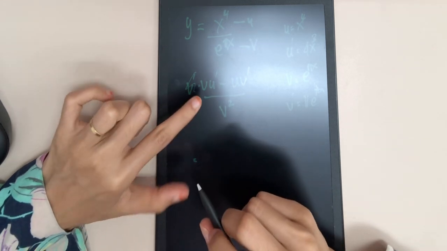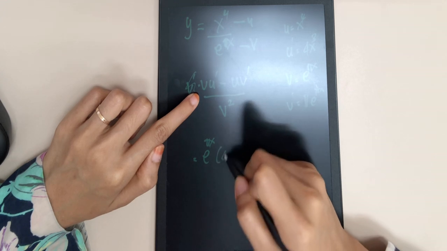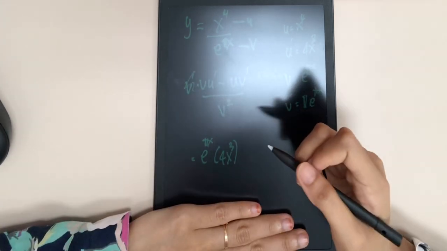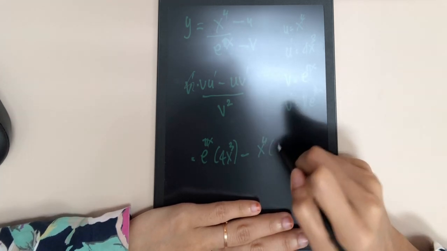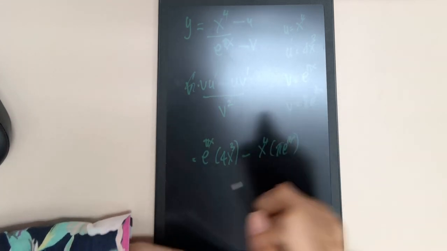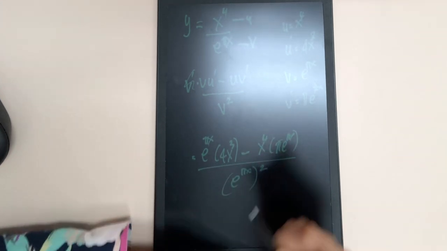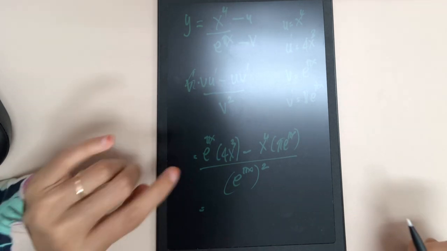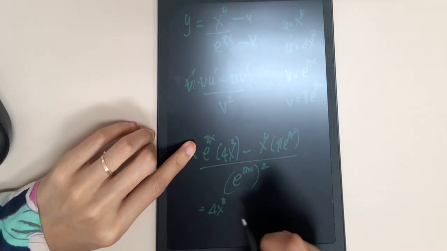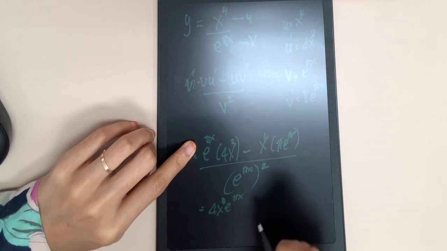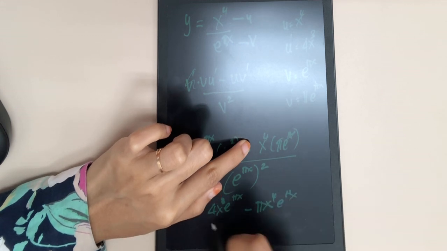So v, we start with v, so e pi x. What is your u prime? 4x cube. What is your u? x power 4. What is your v prime? Pi e pi x, over v square. So e pi x power 2. Okay, so you can simplify here. So you have 4x cube e pi x, minus pi x power 4 e pi x over